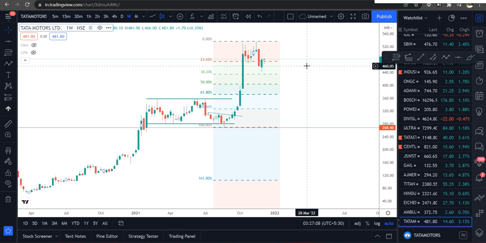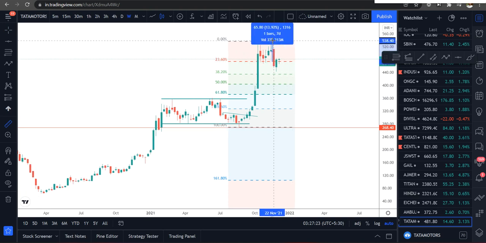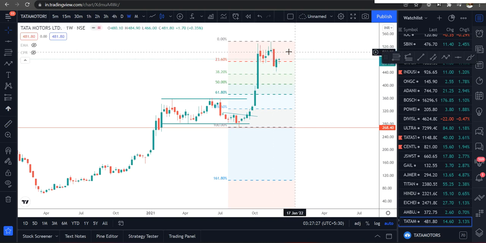See, this is also something I have drawn. This is one of the swing lows. I just drew it and I have seen the 23.60 level. If you see, it reacted here, and let's check what percentage we got. See, we got around 13 percent profit within 4 or 5 days. So per month, if you get 4 percent, that gives you 50 percent per annum. That is a very good return, and most people couldn't get that.